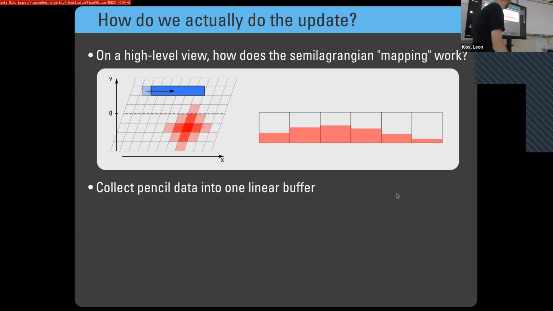So we basically take the values of f, the phase space values, into a one-dimensional array that in real space we call a pencil, similar to the Pencil Code, and in velocity space we call a column. The actual implementation working with them is basically identical, but it is very confusing because we are talking about the same thing in orthogonal three-dimensional spaces. But so then we have these in a 1D buffer, and in order to do this transport in one direction